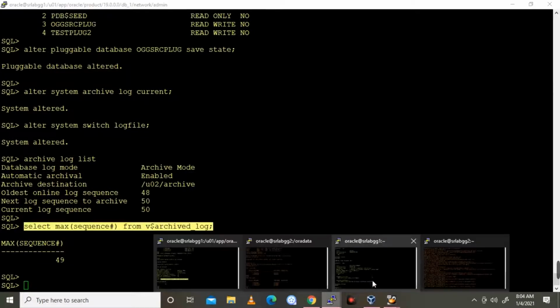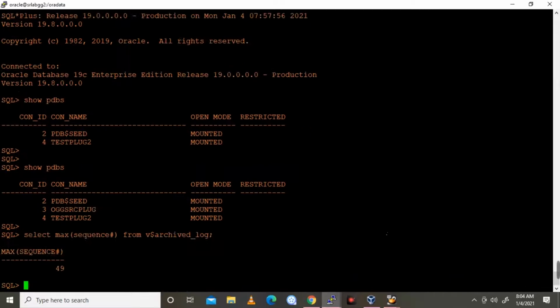I am doing alter system switch logfile and validating how many logs are generated. I am validating the max sequence number from the source primary database. Coming to the standby side, the logs are shipping.